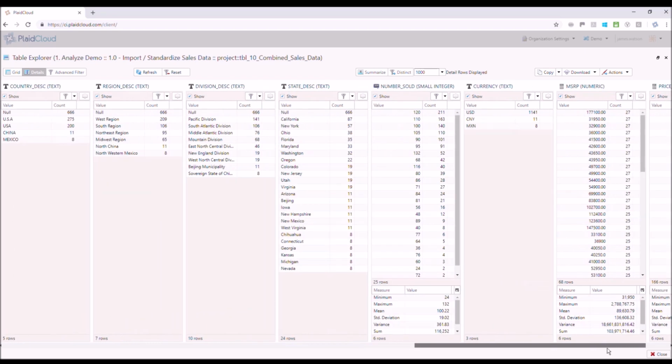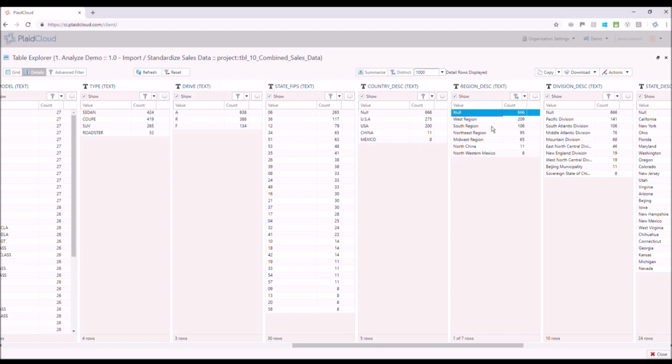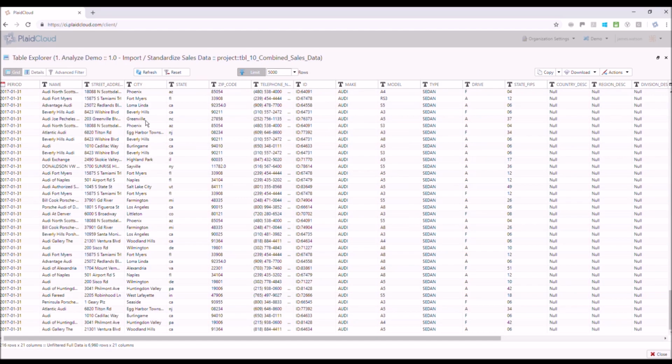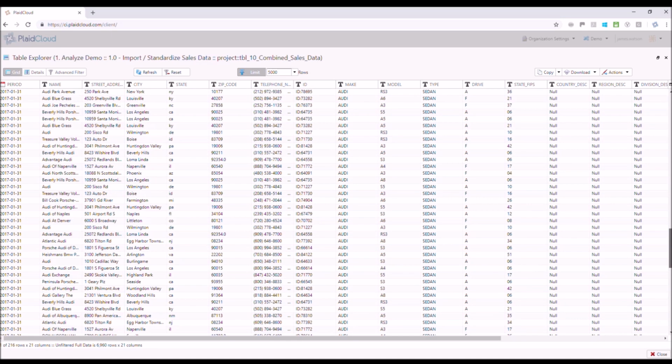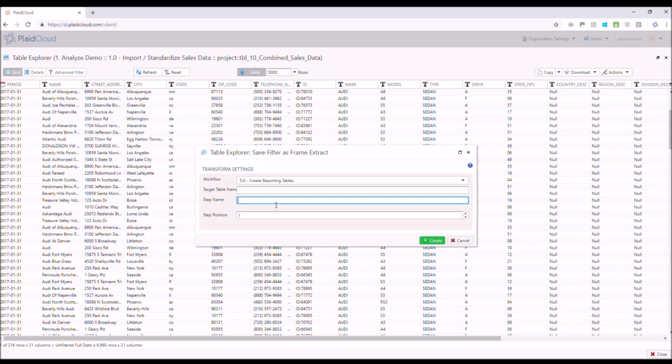Scrolling to a numerical column, the Explorer view is seen to contain auto-generated statistics on the data, including highest and lowest values, column average, and sum. Selecting a subset of data that is of interest is quick and can then be reviewed within the grid view. If required, data can be downloaded to a spreadsheet or the set of filters saved as a data extract step